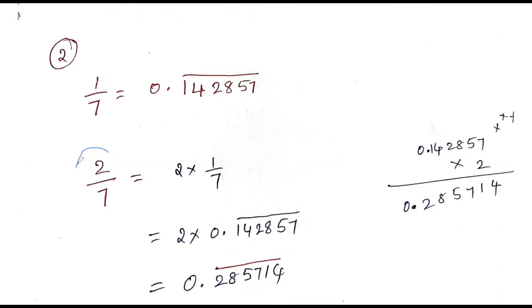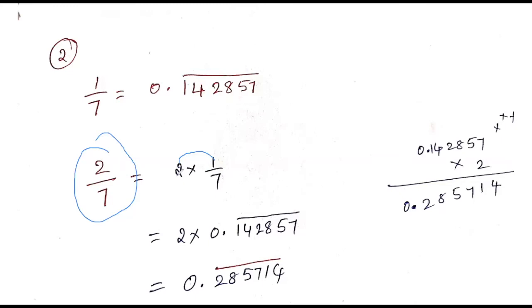Here in this fraction, 2 by 7 is there. So 2 into 1 by 7. For example, if you multiply 2 into 1, 2 ones are 2 only. You will get the same or not? The given 2 by 7, write like this. This is clear, Shifali, first? Sir, Tarun, is it clear?